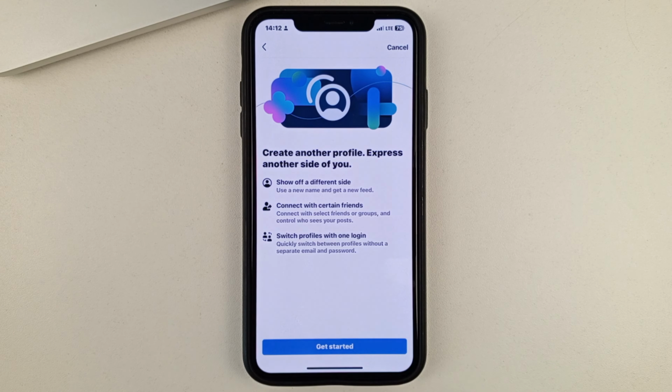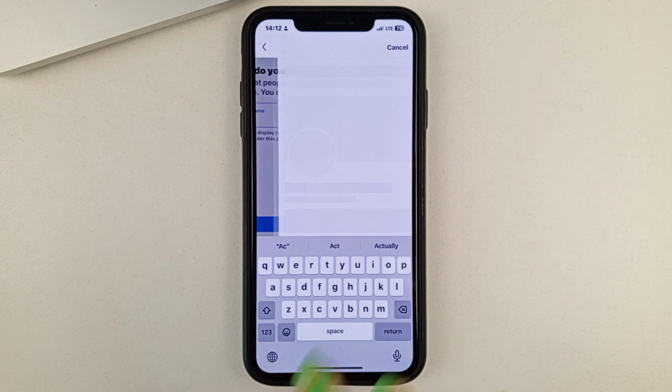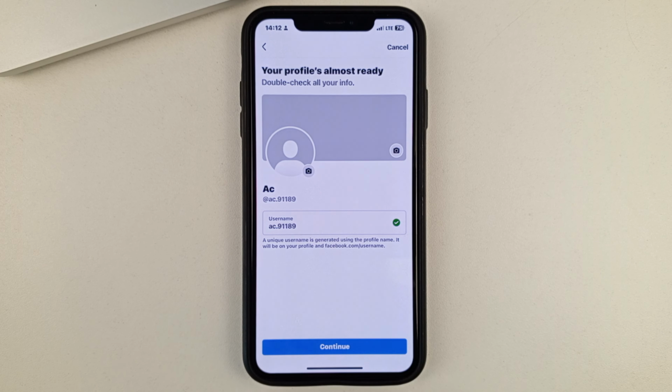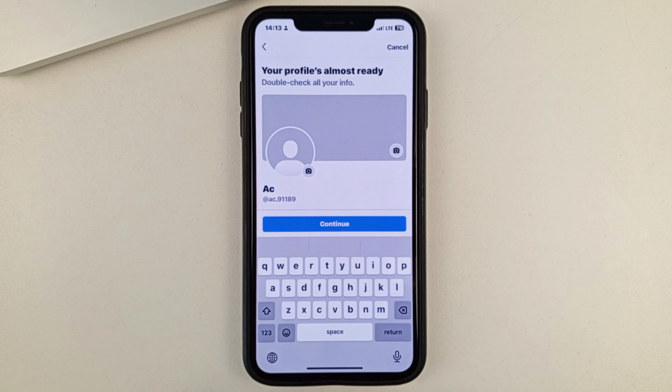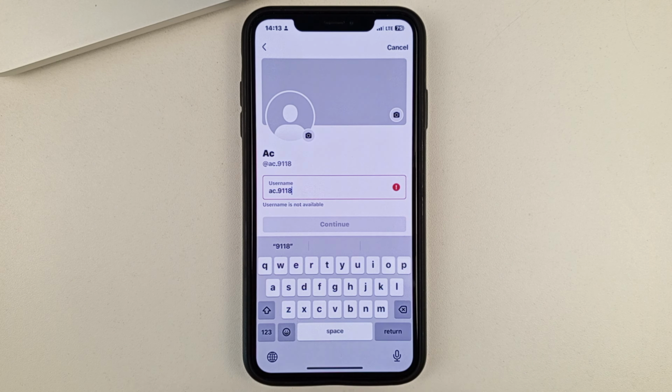Click Next. Next again. And the next thing you need to do is just create your unique username. Write it down. Now, as you can see, my username has been fixed a little bit because so many names are already taken, and Facebook automatically corrects them so that you can have your own unique profile name. Let's say if I delete any of the numbers now, as you can see, that name is in the red box, which means it's taken.